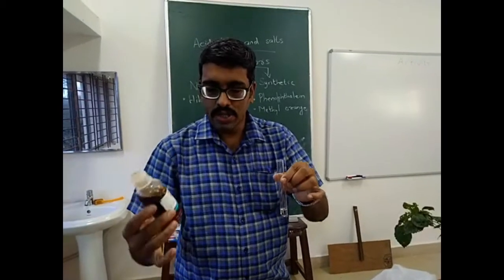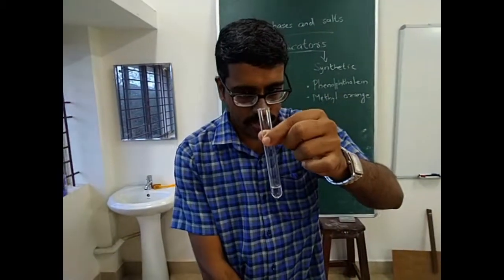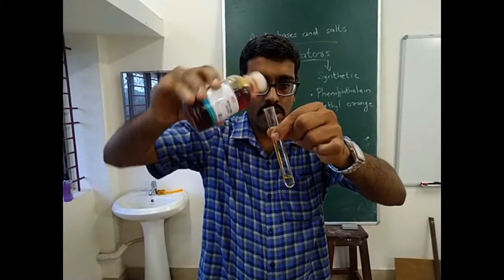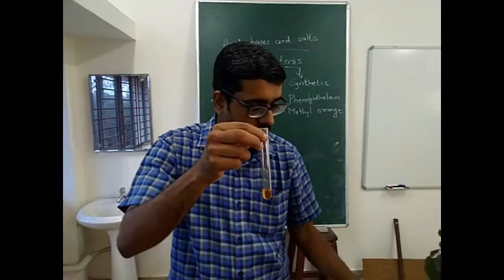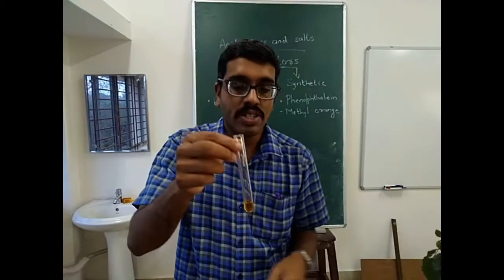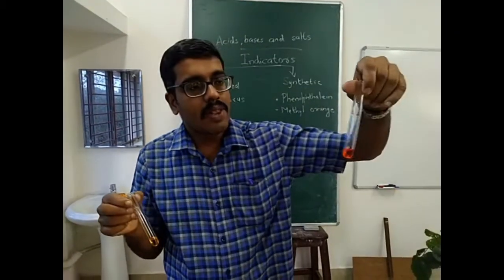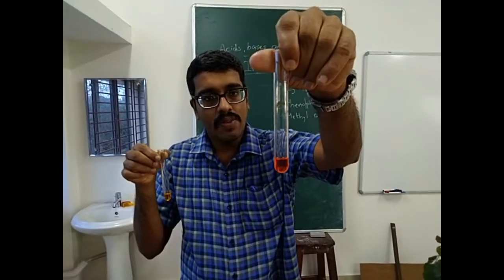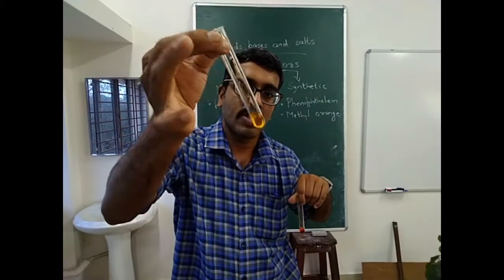Now the same methyl orange I am going to pour into the base, KOH solution. 5 ml of KOH is there. So adding 2-3 drops of methyl orange. It has somewhat golden color, not even red or orange, it is golden yellow. So inference is that methyl orange gives golden yellow color with the base and orange color with the acid. You can see the difference. The left hand having acidic solution with the methyl orange. Now the right hand having basic solution with methyl orange, which has a golden color.